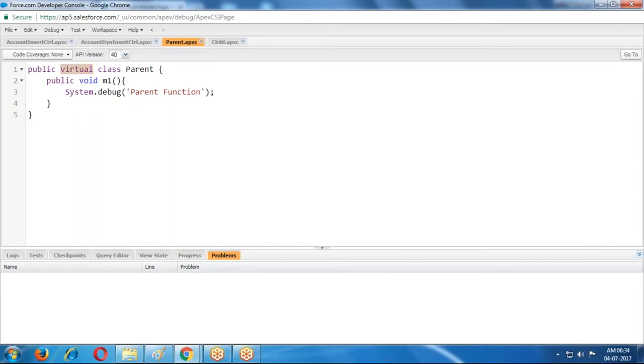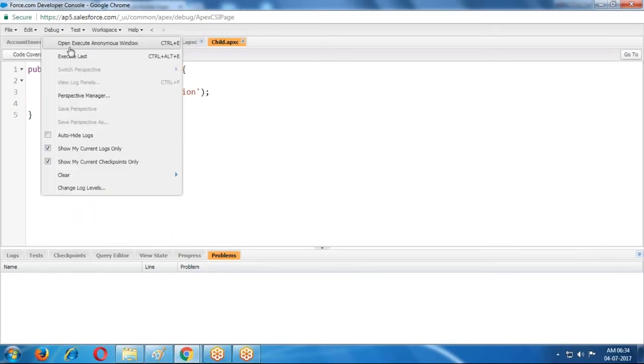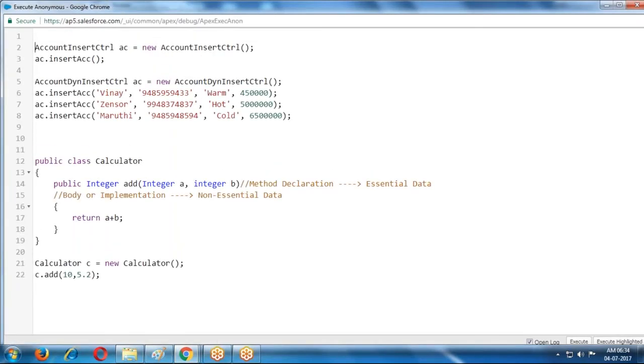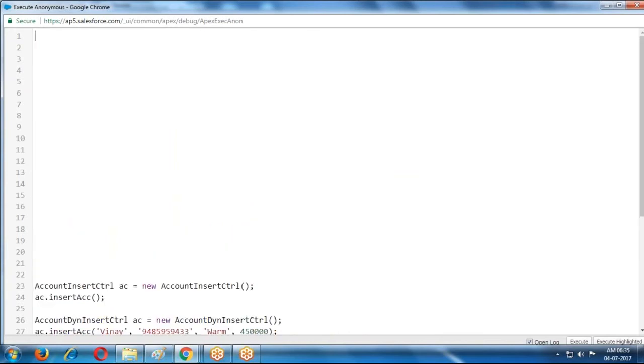I created two classes. One is class parent, one is class child. In the child class we are using the parent class. Now go to developer console and create the object for parent and create the object for child classes. Now I am creating parent.